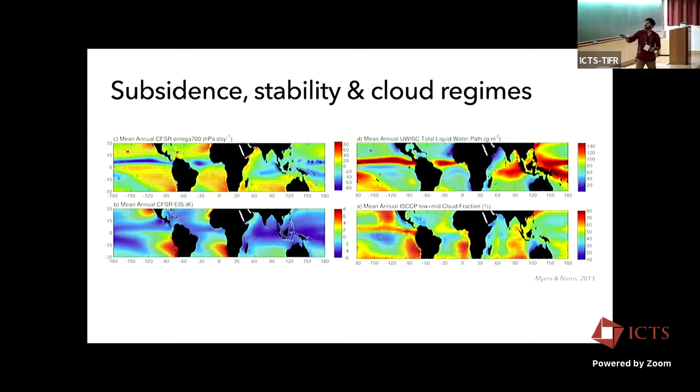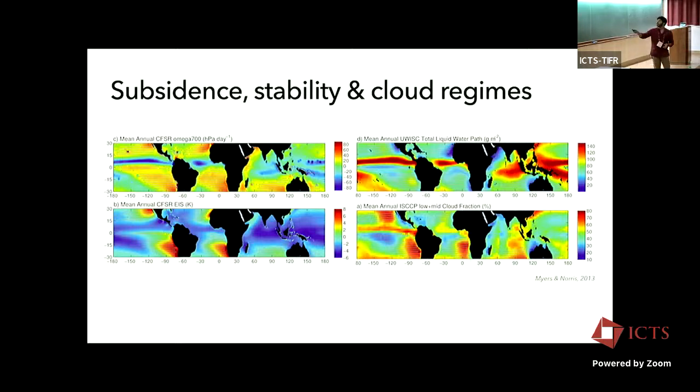Oh, sorry, before that. So subsidence, stability and cloud regimes show up also very well in the climatology. So if you look at the omega here, you find that near the equator, where we expect the ITCZ a bit north, you have this negative omega at 700 hectopascals. That is the rising motion, and strong subsidence on both balancing sides. That also shows up in the total liquid water. So there's a lot more